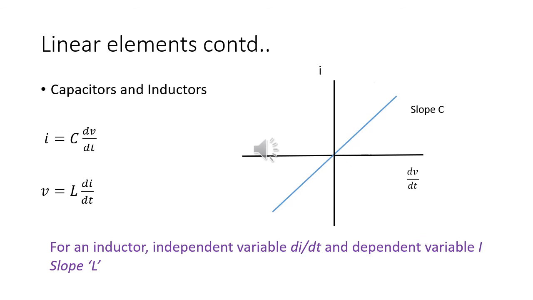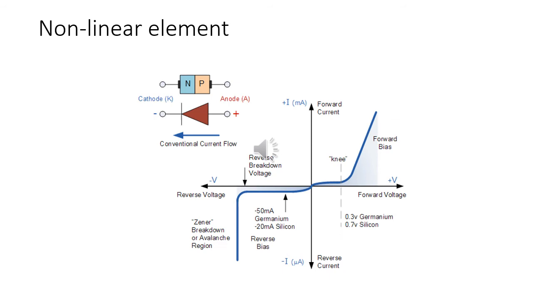So both these elements obey additivity as well as scaling, or you could say these elements obey the principle of superposition. So these elements are linear elements. Capacitor, inductor, resistor, etc. are all linear elements. Now let us see the case of a diode, a PN junction diode. We are quite familiar with the characteristic curve of a diode. You can see the forward characteristics of the diode.